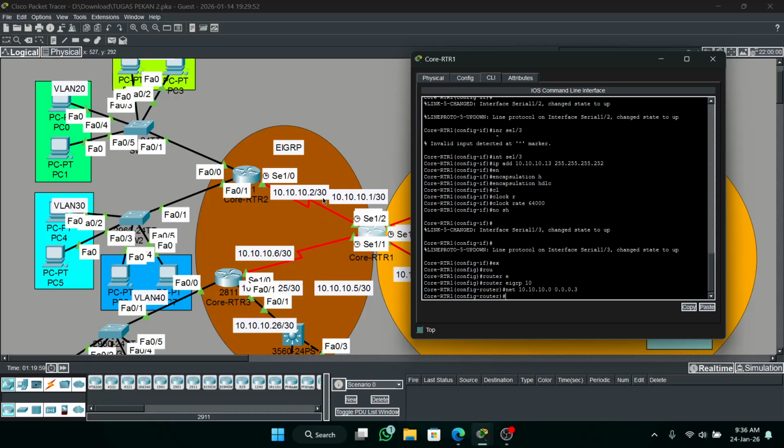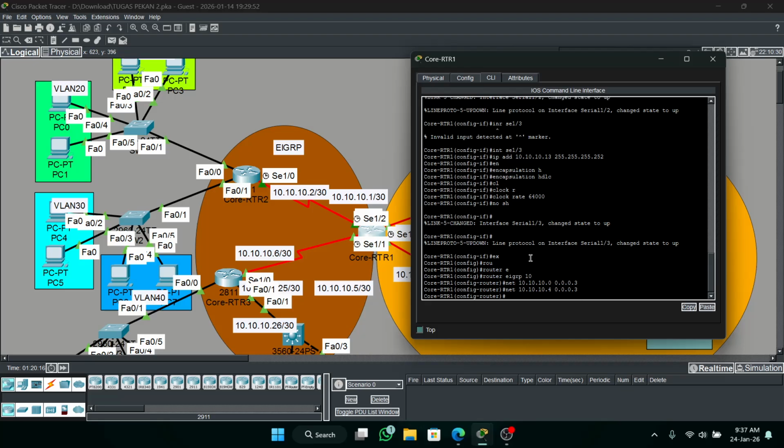This is team 1. Just type what I type. This is for the 3. Okay, this configuration is correct.